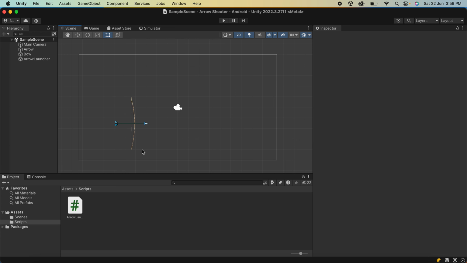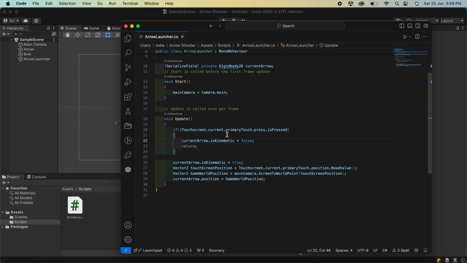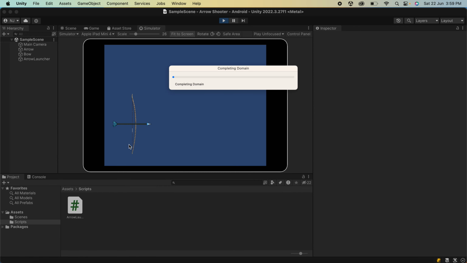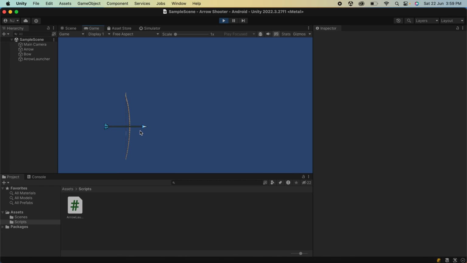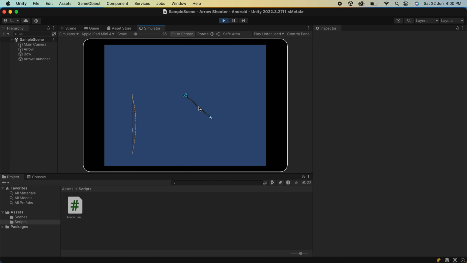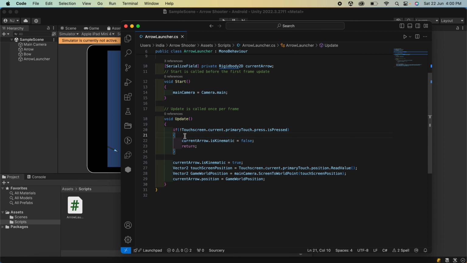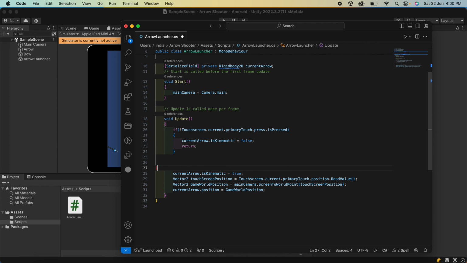I don't have a particular end goal in mind for this video. I just want to play with constraints, and join me while I play with it. Now the first thing that I want to do, if you remember, is if we simulate the arrow and I touch anywhere, this keeps rotating. I want this rotation to stop, and there's a way to do it. I'll be touching the screen and I want the rotation to stop,